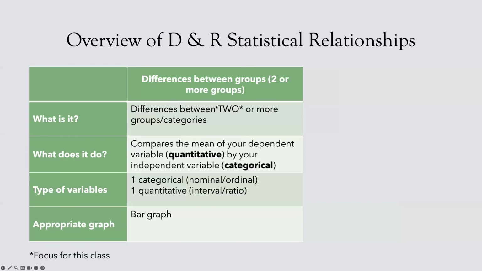And for it to be a variable, you can't just have one group. It would have to have at least two groups if it's categorical. So we're looking at the difference between two or more. We're going to focus on two groups, and we'll see if the semester allows us to really get into more